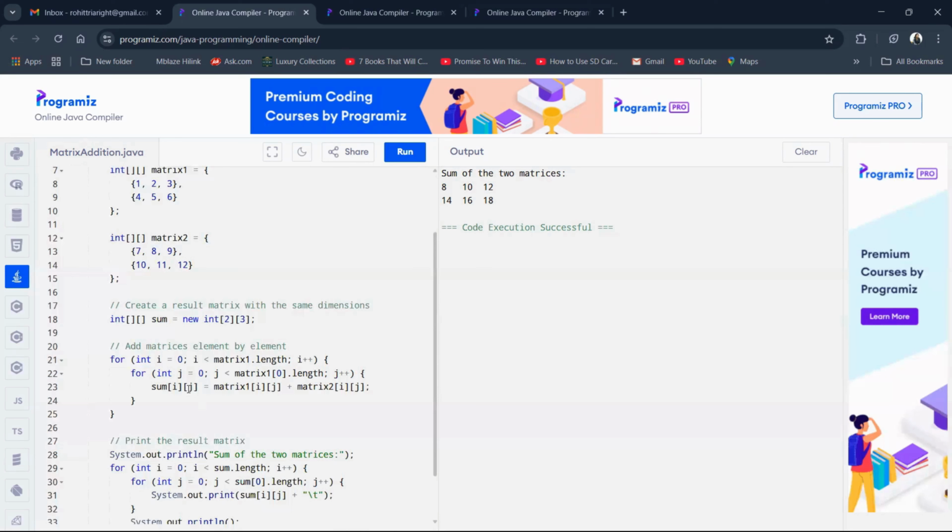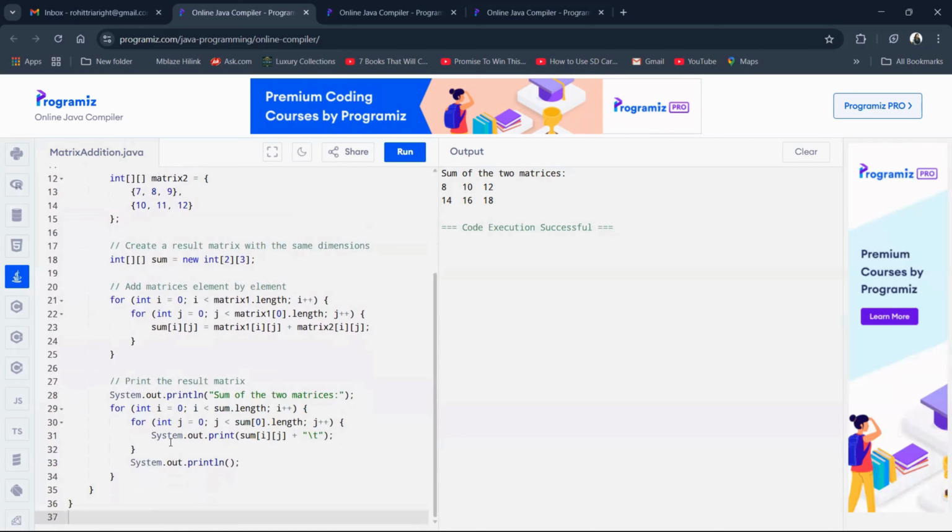And now we will be going for the addition of the values. Matrix1[i][j], meaning first i and j. First i will go from 0 to length, and then j will start from 0 to length. And then for matrix2, similarly i will go from the initial 0 until the end length, and j will go from the initial to the end length. For finding the sum,